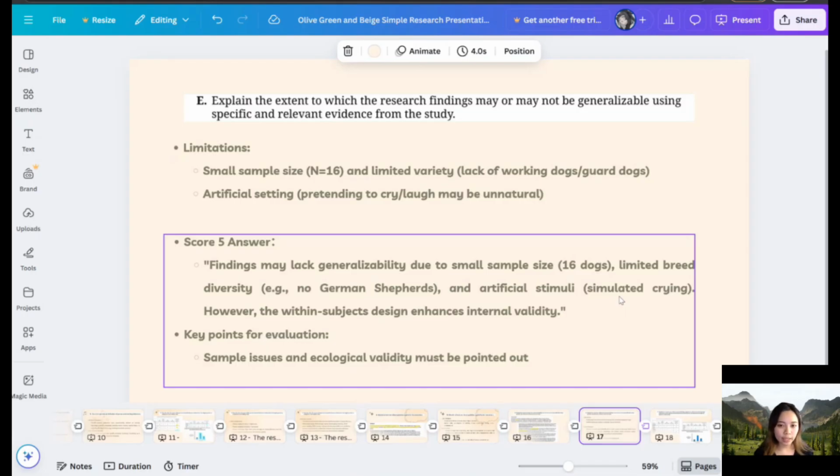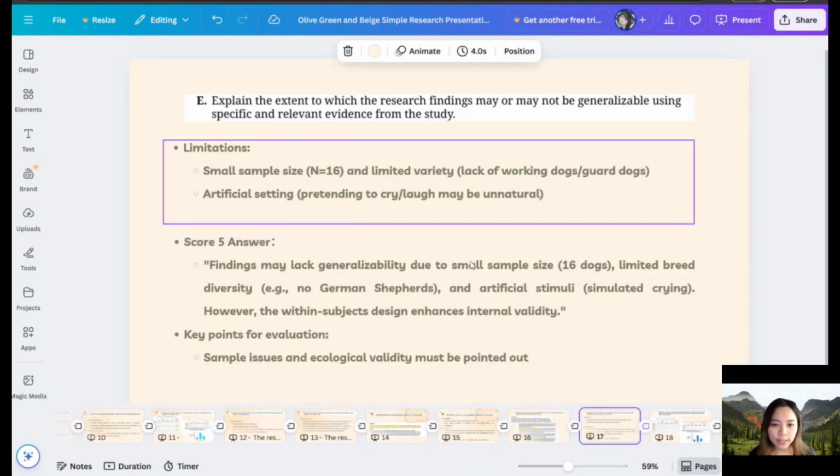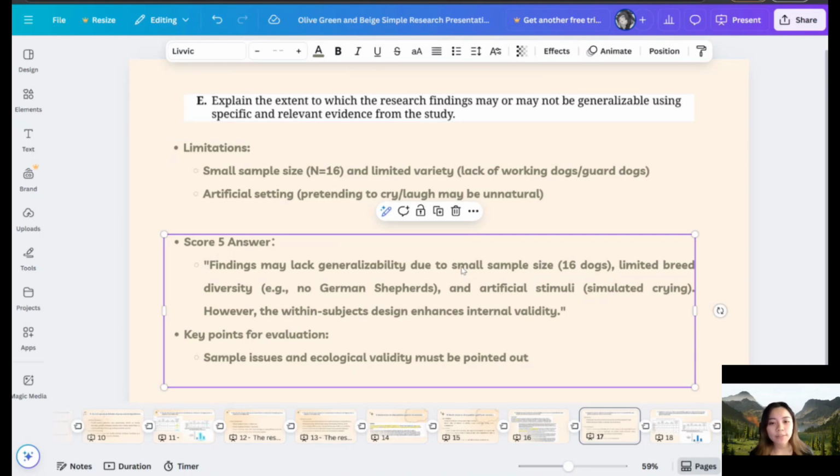Just want to be clear: when you're writing a short sentence when answering, please don't just say they have a small sample size or artificial stimuli. If they actually pointed out that they have a small sample size, which is 16 dogs participated, please say they have 16 dogs right here, just to make it look more clear. Okay,